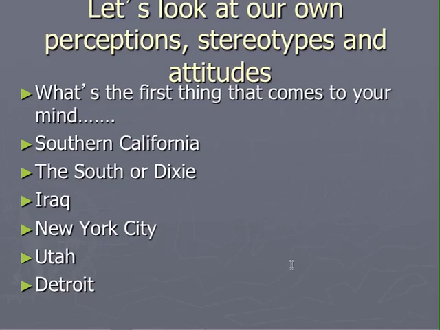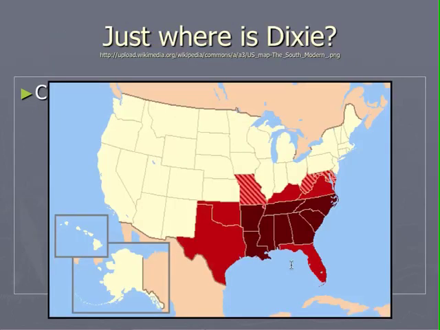All right, so we're going to look here at Dixie or the South. If you look here, these are, again, the perceptions of people. So most people feel like this area would be Dixie. However, some people include Florida. Some people include Texas and Oklahoma. Other people include some of these northern states. So it really depends on your personal experience. It is perceptual. There is no definitive border.